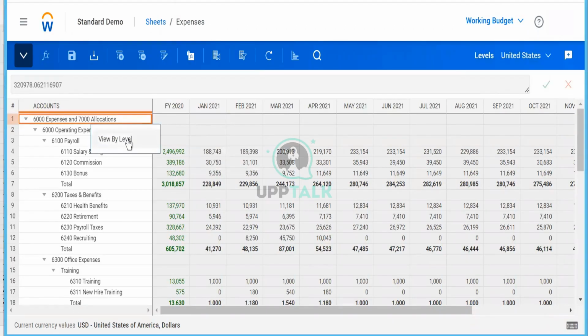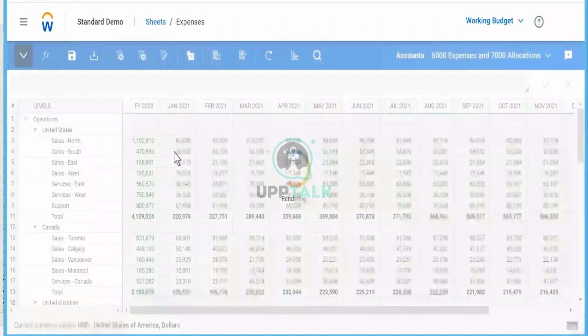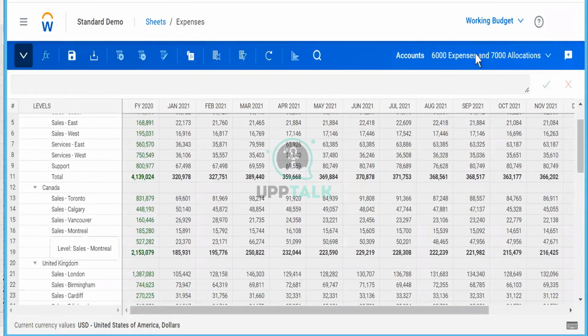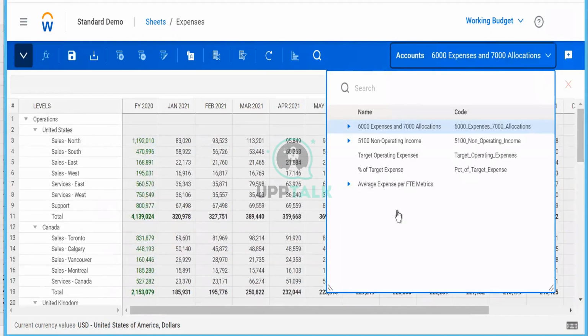But if I tweak this to view by level, by right-clicking on the first row and choosing view by level, the template remains the same but the data is displayed by levels. Now you can see the levels are coming here and the accounts have moved here. It's just a swap. The axes have been swapped.